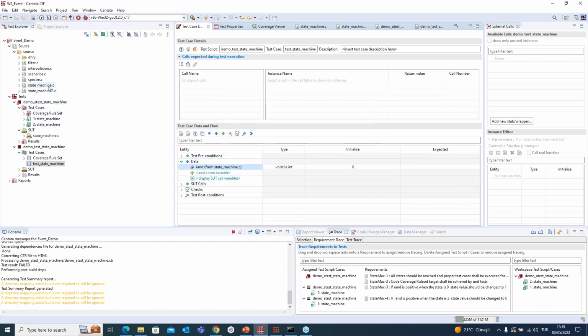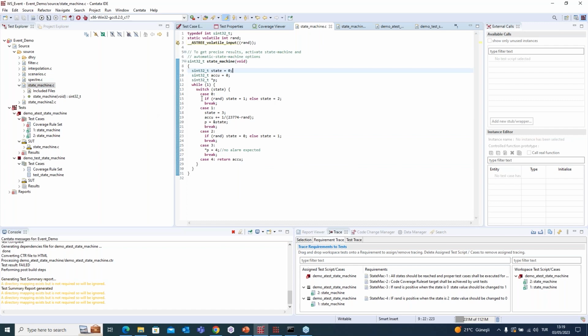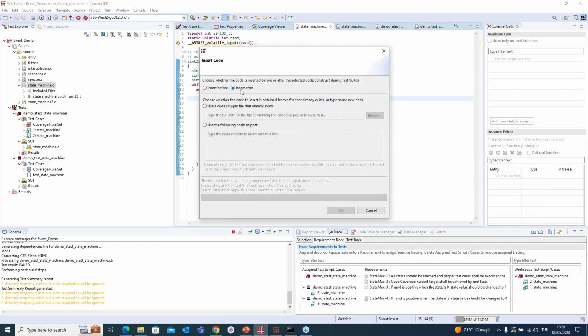And as I know that because of the design flow that we created, Cantata will never be reaching this case at all, I am telling Cantata that when it comes to here, insert custom code and use the following one, which is round equals 1.